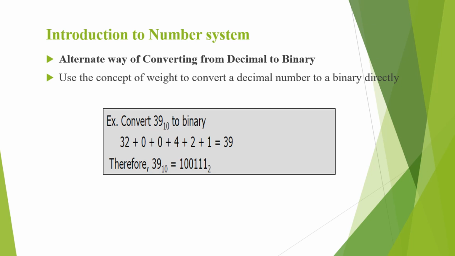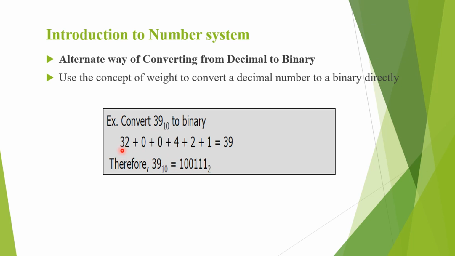form. So for this, we should just write the decimal number in the form of powers of 2. So 39, which has to be converted to binary. The sum should be 39. So we should add the powers of 2 such that we get the decimal value. So 39 is got by the addition of 2 to the power 5 plus 2 to the power 2 plus 2 to the power 1 plus 2 to the power 0. And then we'll write the binary representation.